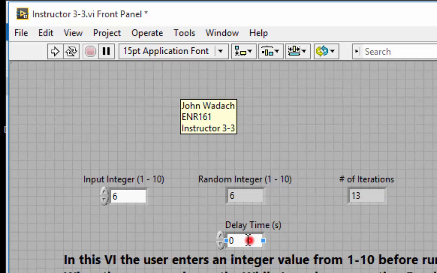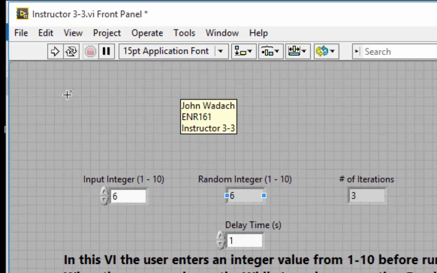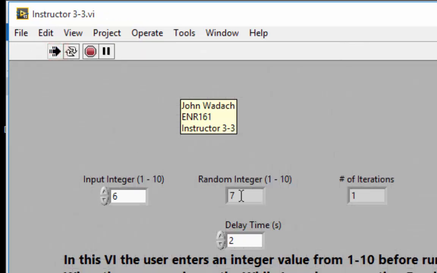It's still too fast. So let's put a time delay of 1 second here and watch what happens. So here it gives you enough time to see that, oh, the random number generator is creating random numbers. If that's still going too fast for you, go 2 seconds. So it's guessed 7, then it guessed 3, then it guessed 10. It's up to 3 iterations, then 4, and it's going to keep going until this random number generator matches our